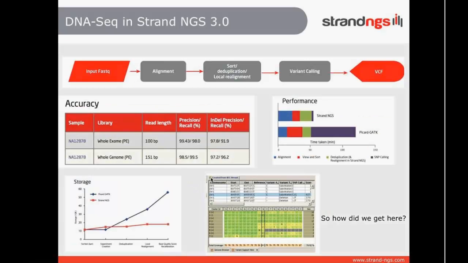So first, you saw these graphs before, right? We have accuracy, we have speed, we have storage, we have visualization, all of this stuff in Strand NGS 3.0 DNA-Seq. So how did we get here, right? What are the steps we took? I'm not going to tell you everything because that's too long and there's just a lot of stuff in there, but I am going to give you a brief summary. I'm going to give you a few glimpses into how we actually achieved all these great benchmarks